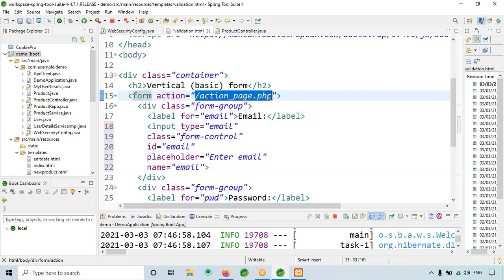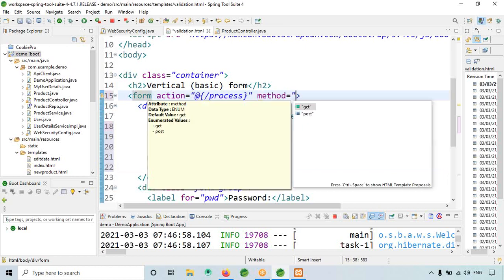Instead of that, I will give slash process. So when I click on the submit button, it will go to process. Here I will give method as post. Method is equal to post.